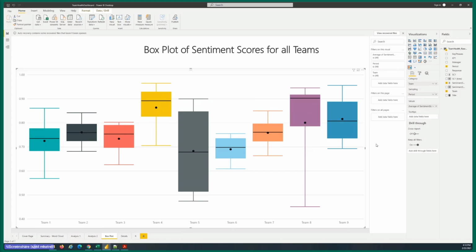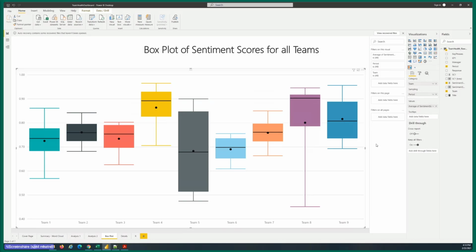I'm not going to explain the box and whisker plot from a statistical perspective, but I'm going to explain it from a layman's perspective. There are folks like Kevin who would be much better at explaining it than I am from a purely statistical perspective.